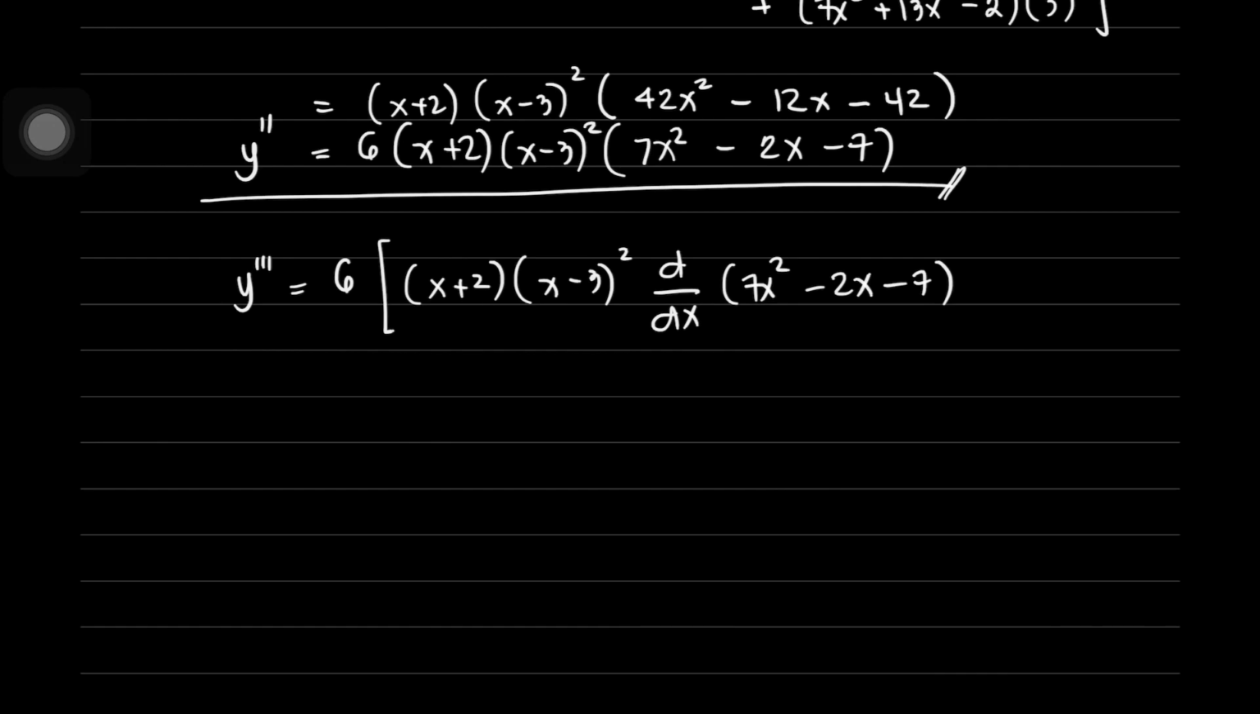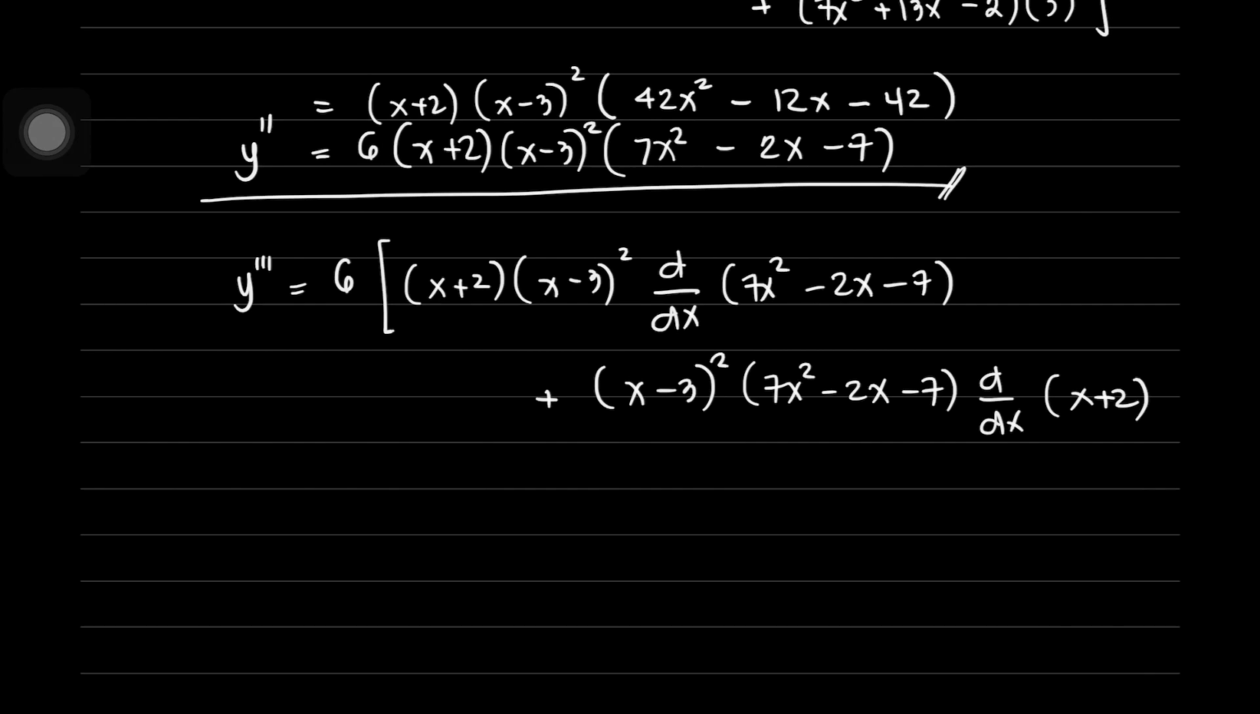minus 7. Plus, we have x minus 3 raised to 2 multiplied by 7x squared minus 2x minus 7 multiplied by the derivative with respect to x of x plus 2 plus x minus 3. Alright, so that is x plus 2 multiplied by 7x squared minus 2x minus 7 multiplied by the derivative with respect to x of x minus 3